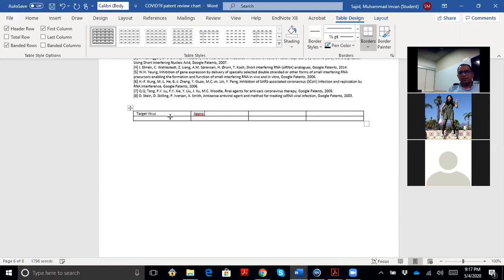There are several approaches for the therapy of the virus. They either target the whole viral genome, or they target a certain portion of the viral genome. Then the approach for the therapy, and then findings, references, and finally the reference.